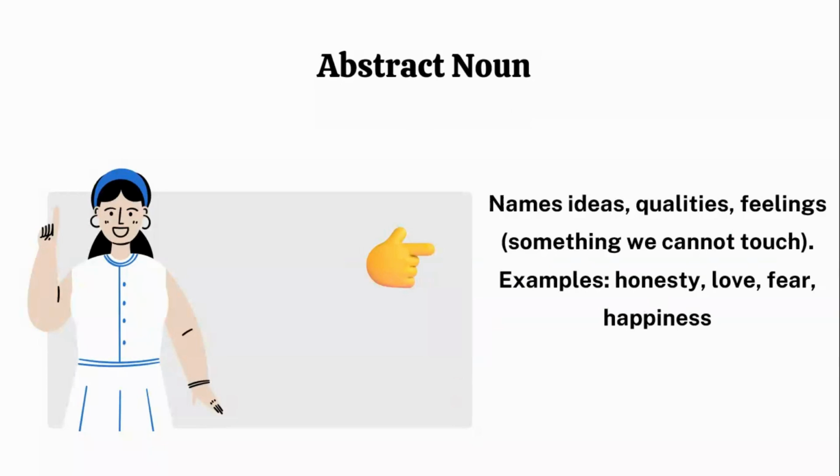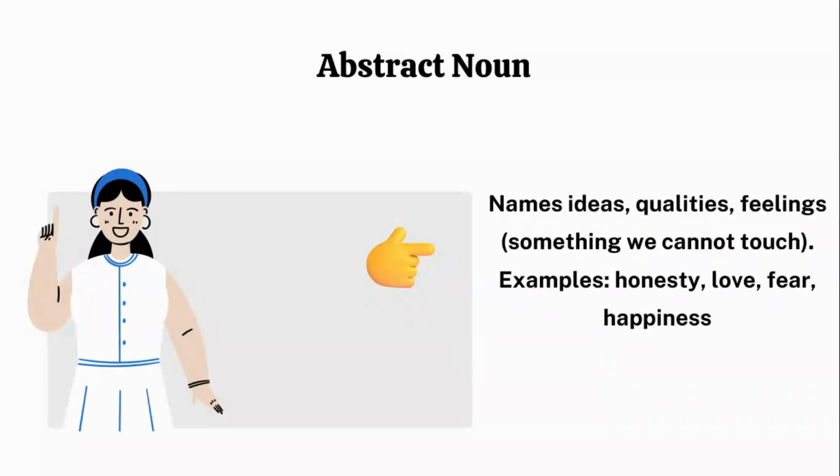It's a quality, right? Suppose I'm saying that he is an honest person. Here honest is an abstract noun, and this is something I'm saying about him or her, but I can't touch the honesty of him, right? A second example: love, that he loves his